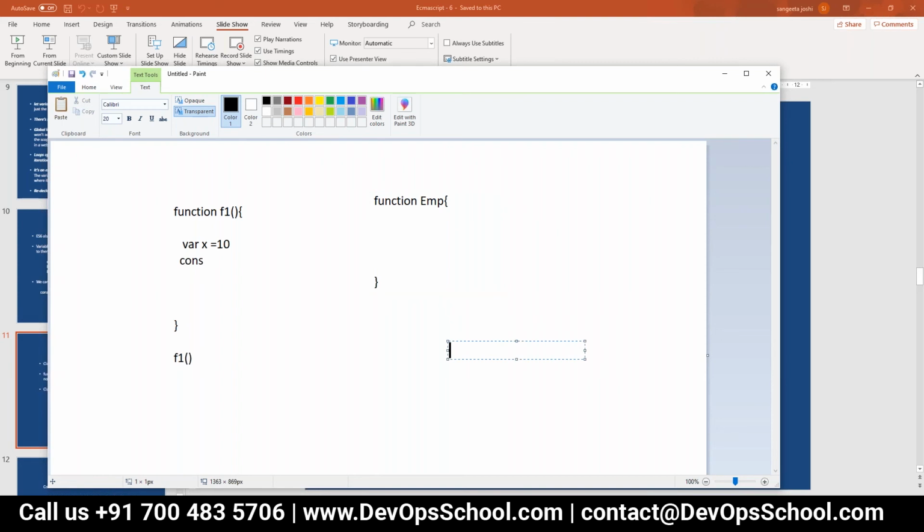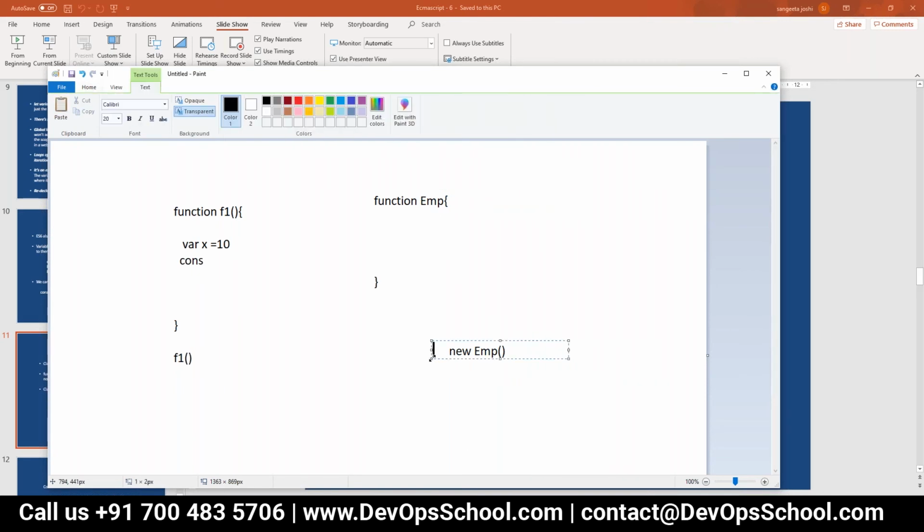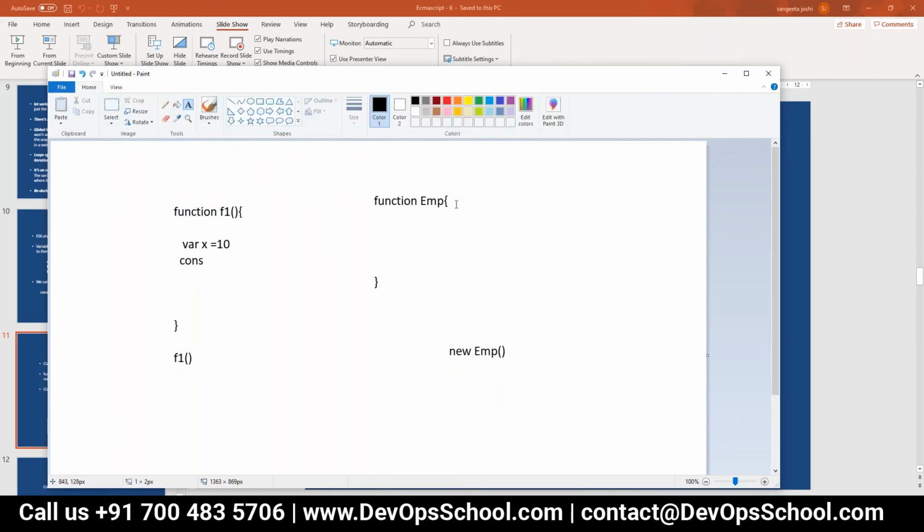So how to invoke this function Emp? I should use it in this way. So when I need multiple objects of the same type, I will write a constructor function inside JavaScript. Okay, so this function Emp is a constructor function. Here I'm mentioning that E is capital, right? Now I can create multiple objects.